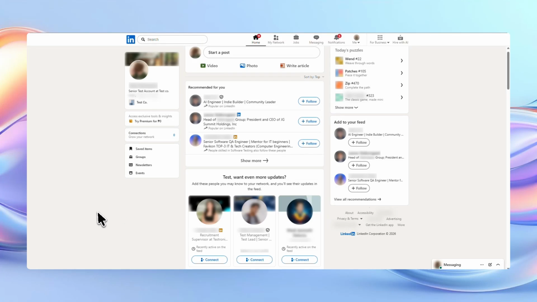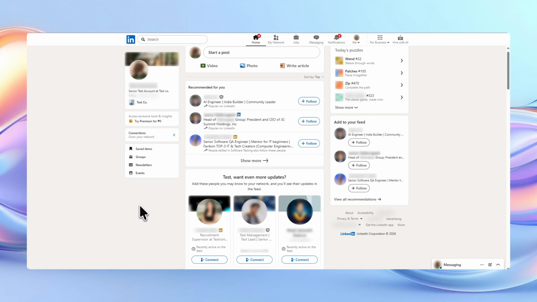In today's video, I'm going to teach you how to see LinkedIn password if you forgot it. First, it's important to understand something clearly. For security reasons, LinkedIn does not let you view your current password if you've forgotten it. That means there isn't a place in your account where you can simply reveal the existing password and read it. Instead, the correct solution is to go through LinkedIn's password reset process so you can create a new one and